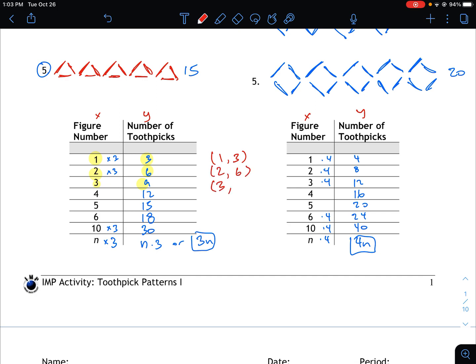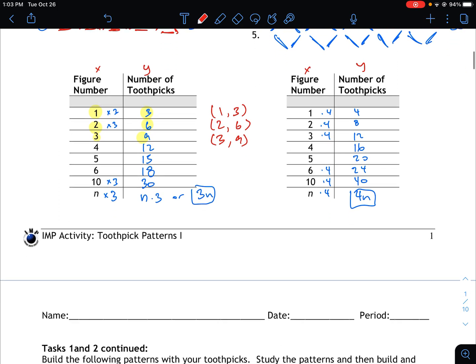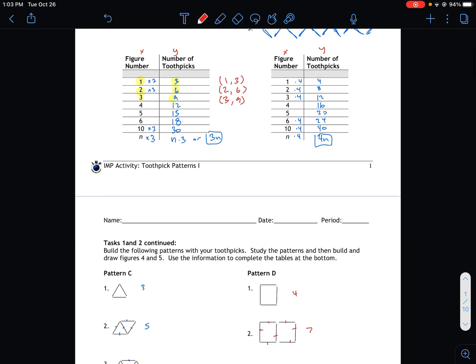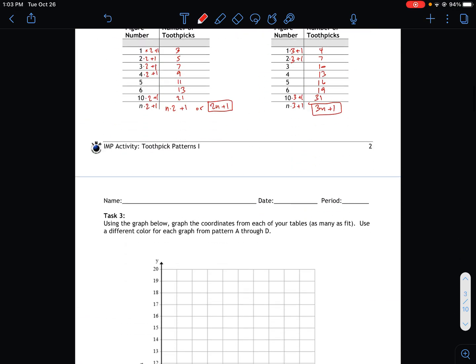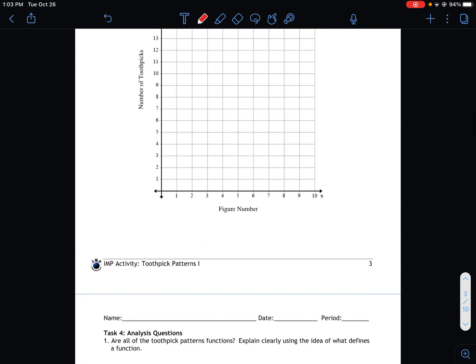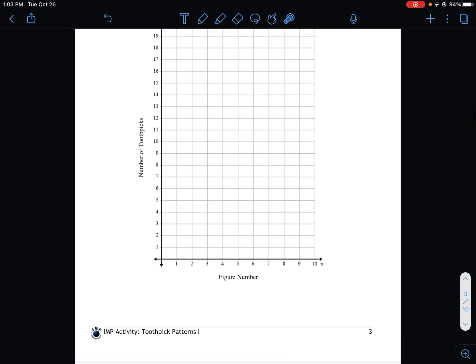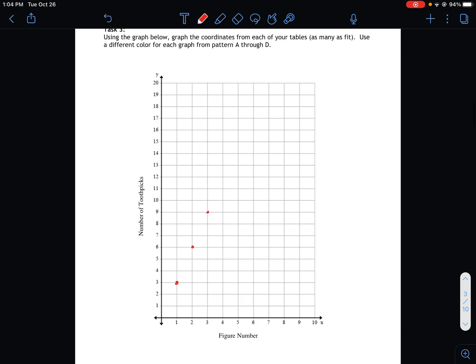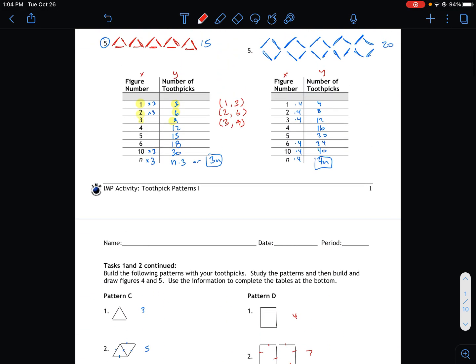3, 9. And so on, 4, 12. So let's graph those points. 1, 3, 2, 6, 3, 9. So 1 and 3, 2 and 6, 3 and 9. And then the next points would be 4, 12, 5, 15,